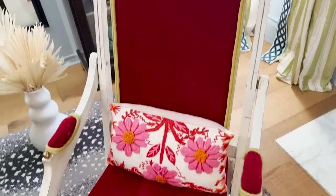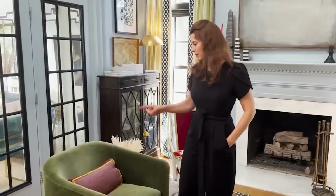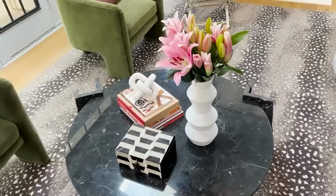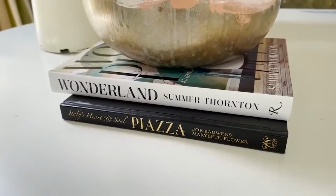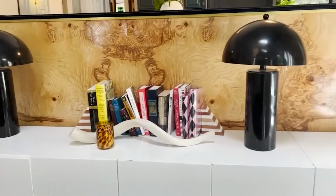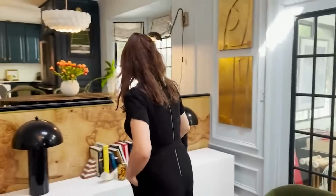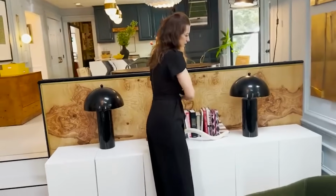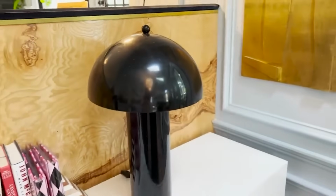I picked up this chair at an estate sale and reupholstered it in Stroheim again. Some tripod chairs, a postmodern contemporary coffee table that my movers dropped in the last move. It's okay, I'm still not over it, but it's okay. And then some more burl as an accent feature on this wall, and some books, just because it's really a nice way to decorate a long piece, is to pile up the books as long as you want,